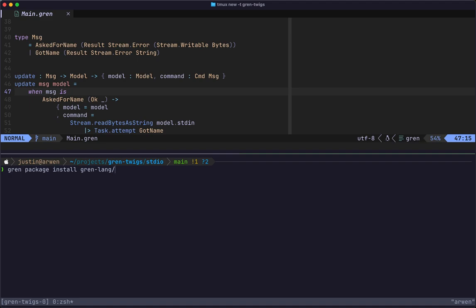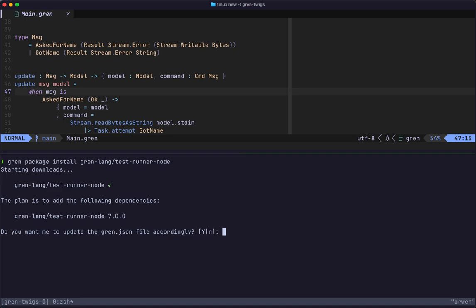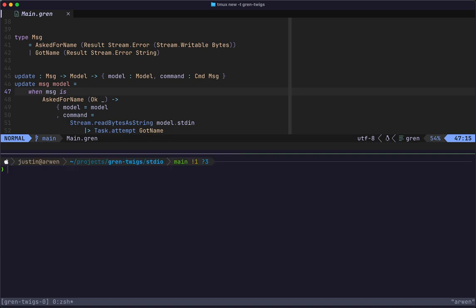We have a runner that can run tests in the browser. We also have one that can run in Node. We're going to use the Node one, and that's just called test runner node. All right. So, I got Vim over here. So what we want is